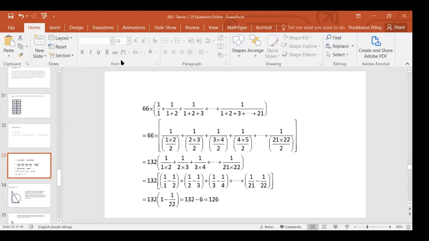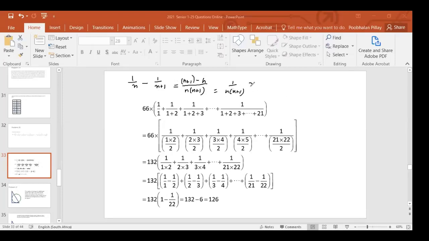Now watch. If you take 1 over n and subtract from it 1 over n plus 1 and simplify this, that's simple algebra. You'll have n into n plus 1 in the denominator, and in the numerator you have n plus 1 minus n, and n plus 1 goes into this. And you will see that you get 1 over n into n plus 1. That's exactly what we are talking about.